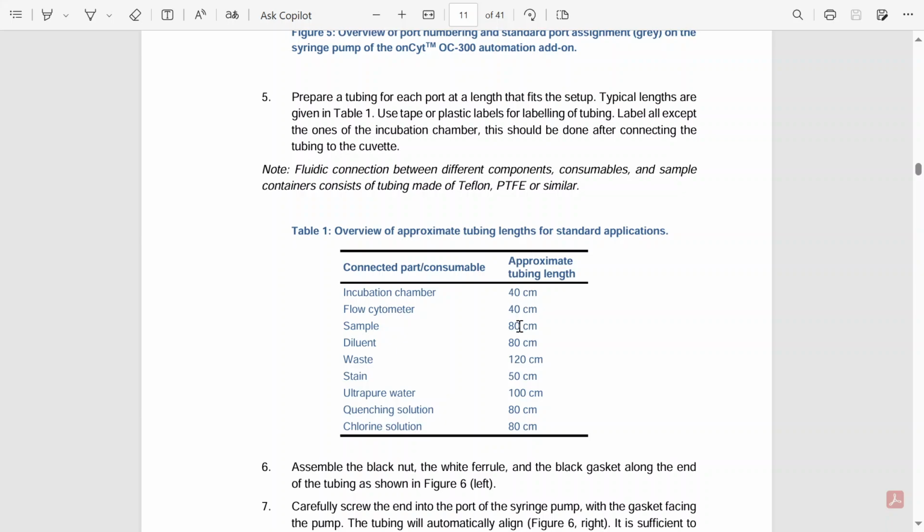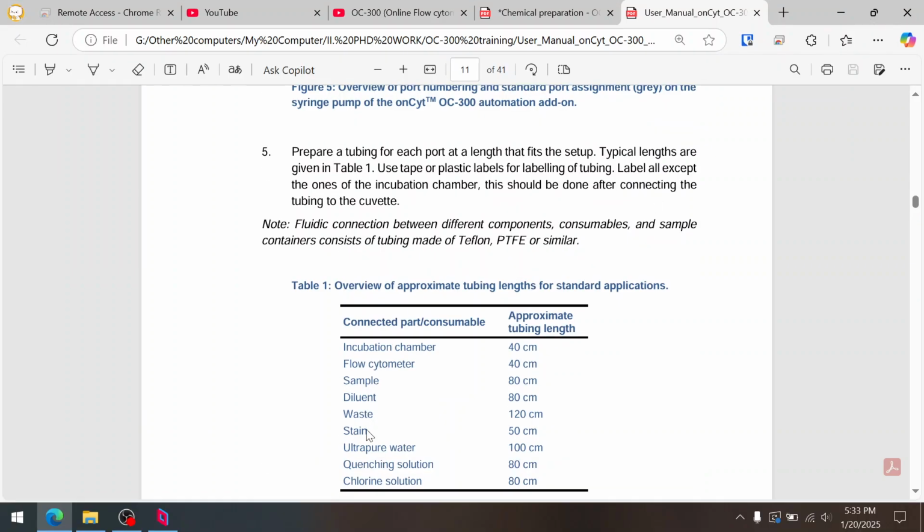So you have to change the length by cutting new tubing and connecting it, right? When you change this, it means there are some changes in your setup. Like for example, okay,